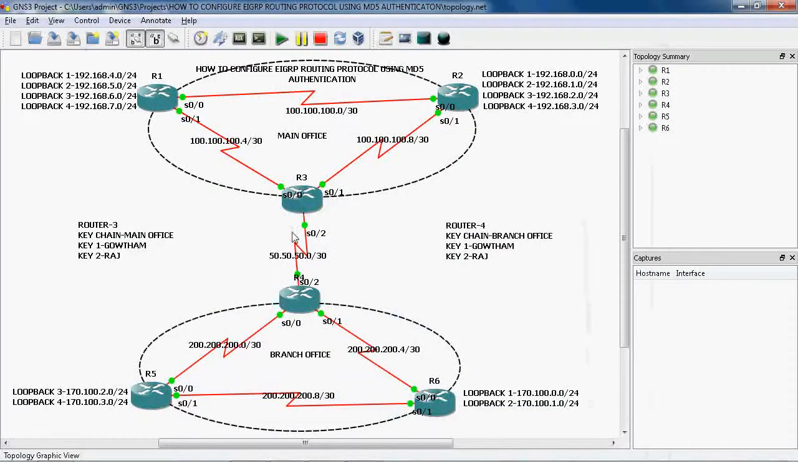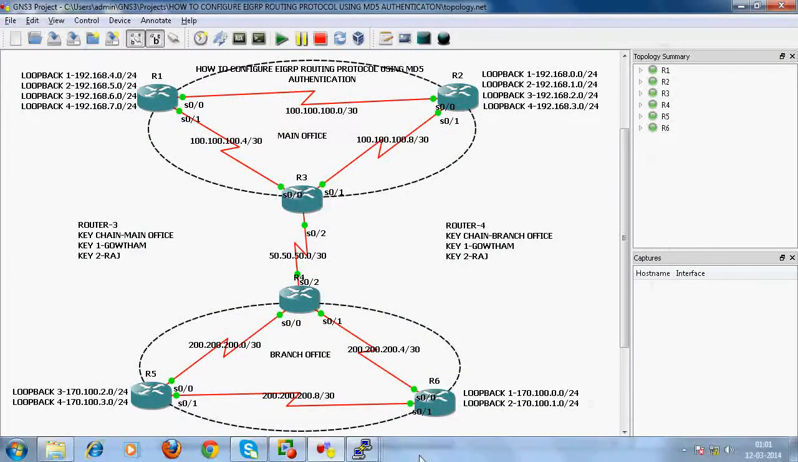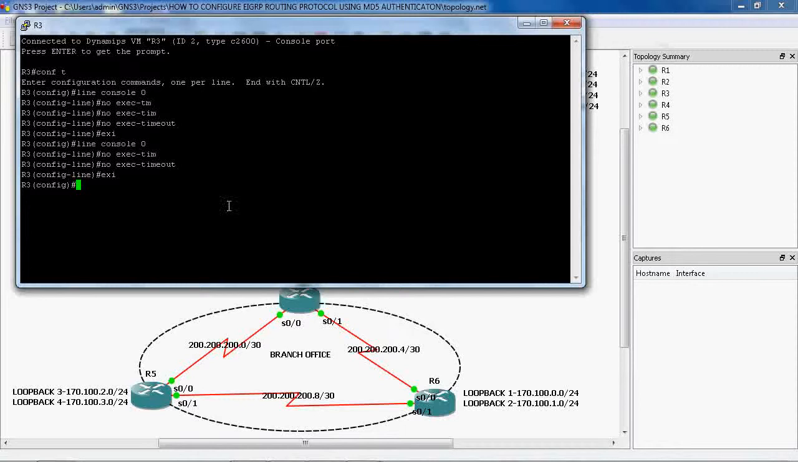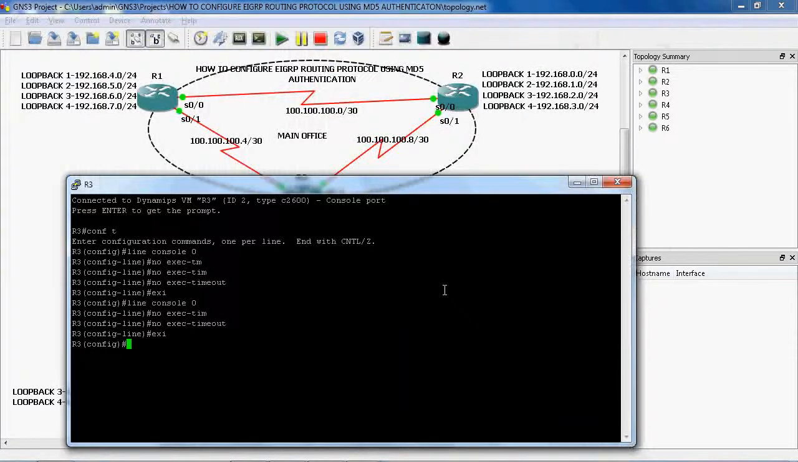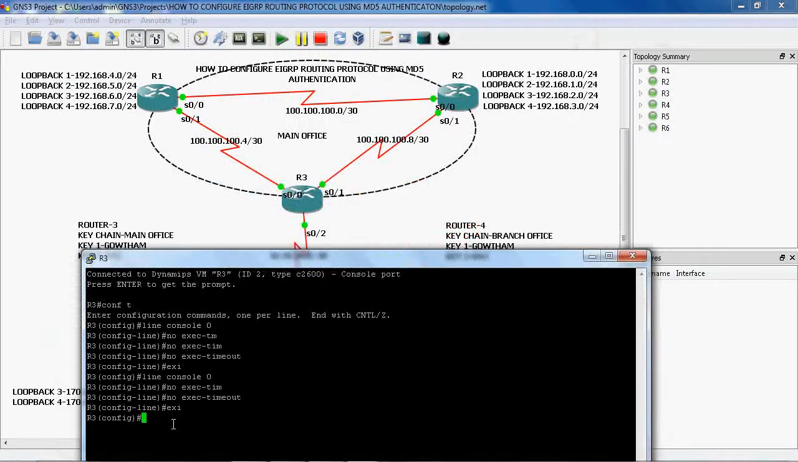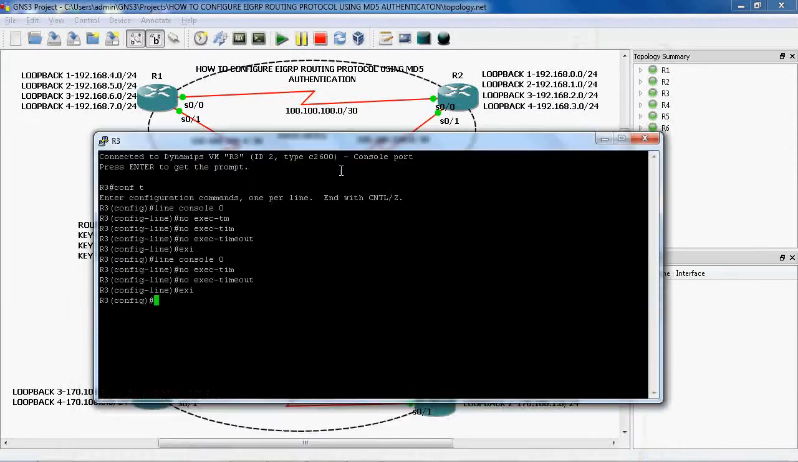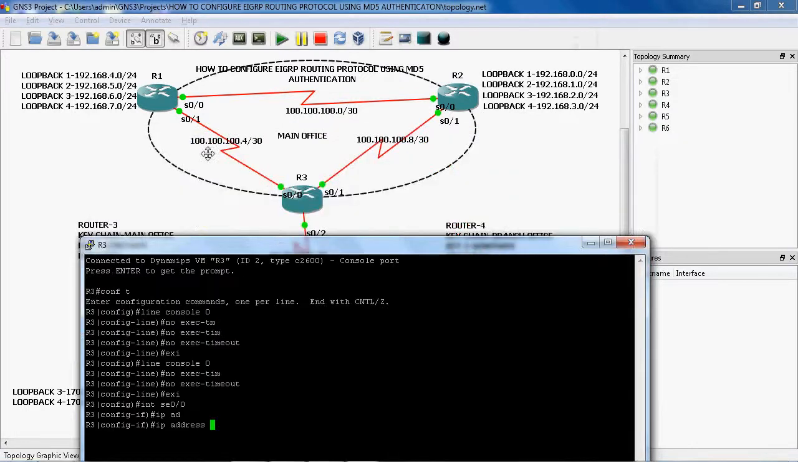Okay, now we can configure the IP address on the R3 router. So in the R3 router we can go to the global mode. In the global mode we can go to the particular interface. So we go to interface serial 0/0, ip address. So the net ID is